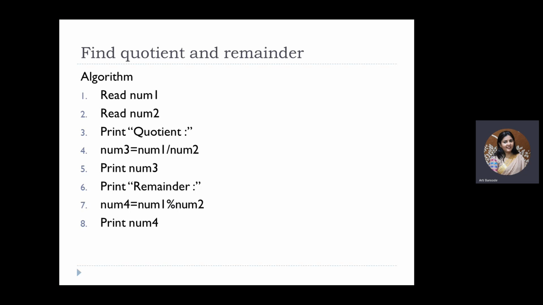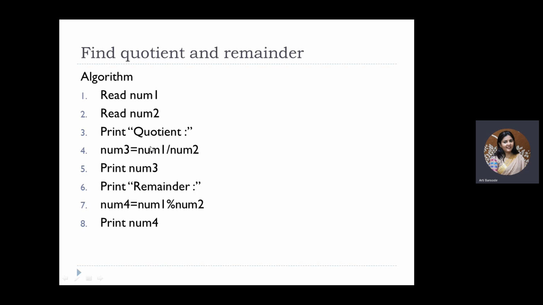Again I repeat, whenever you are dividing two numbers, for example, I told you 8 divided by 3, so 3 2s are 6. Okay, so 2 is your quotient and 8 minus 6, 2, is your remainder. Okay, now let's look at another example, 13 divided by 3. So when you are dividing 13 by 3, your quotient will be 4. 3 4s are 12. So your quotient will be 4 and your remainder will be 1.